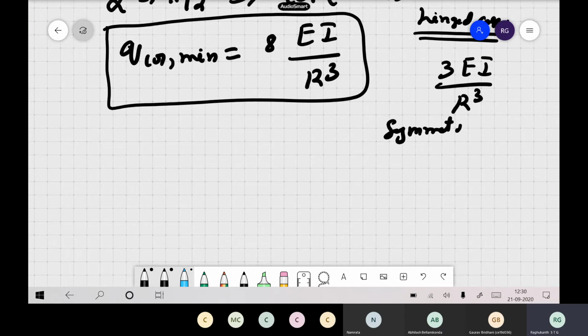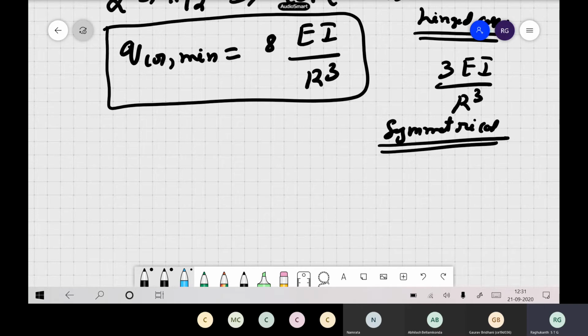So you just try, and you can find out that the symmetrical mode will give you lower values compared to the anti-symmetric mode. You can try for a variety of cases also, like concentrated loads and other loads. Of course, for some types of loads, you may have the symmetric mode lower or the anti-symmetric mode lower. So you can calculate by using these boundary conditions. You can get very interesting problems.